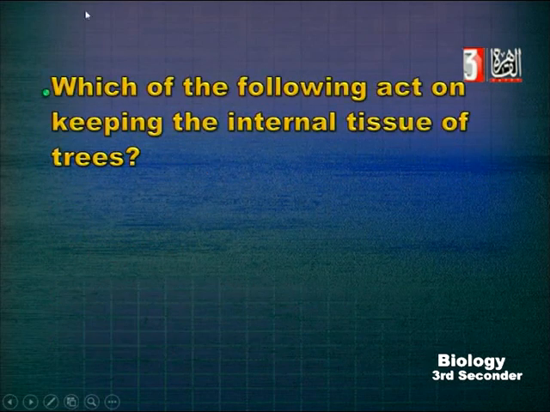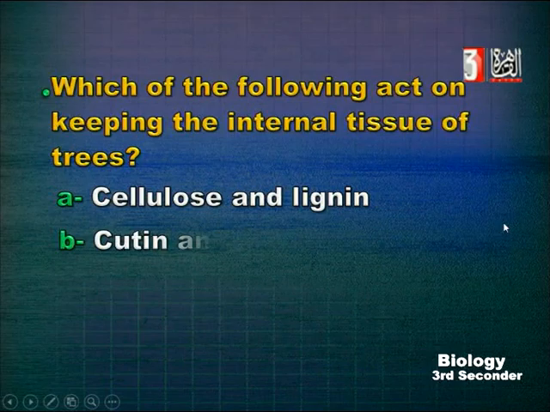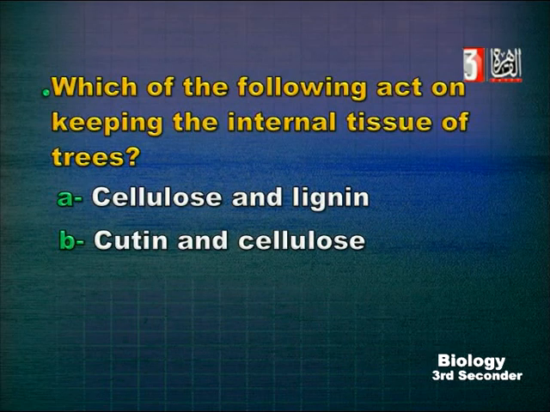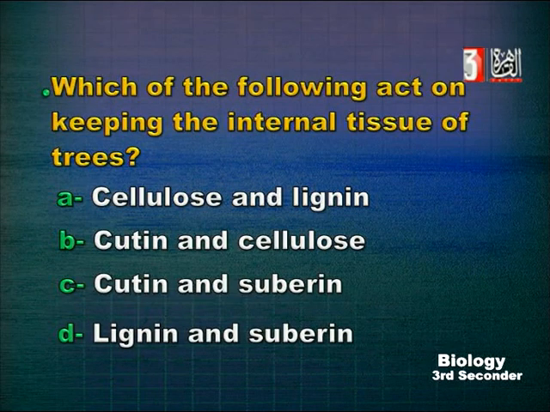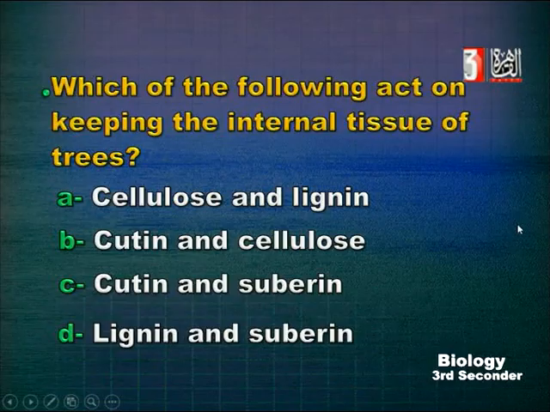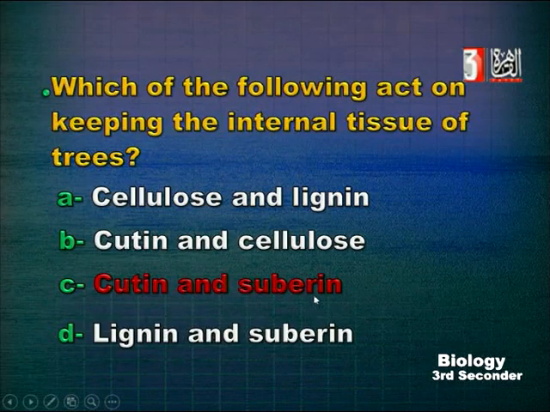Okay. Which of the following acts on keeping the internal tissue of trees? Internal tissue of trees, meaning I need to protect the internal parts. Cellulose and lignin, cutin and cellulose, cutin and suberin, lignin and suberin. The answer is cutin and suberin, because they are present outside and protect the internal parts. Cutin protects the epidermal layer, and suberin is present in cork cells, which are present in the woody stem to protect the